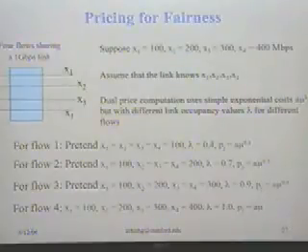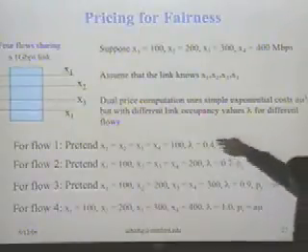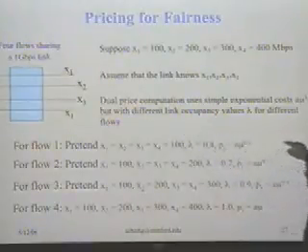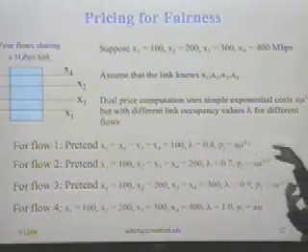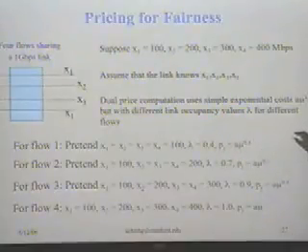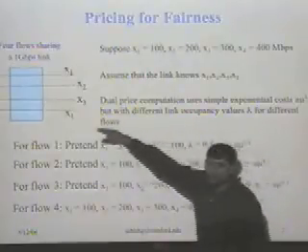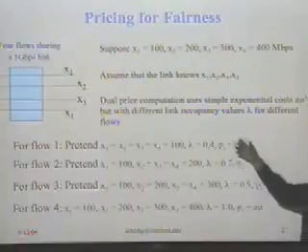Every link is still maintaining a dual price. You can still communicate this dual price to the primal agents. Right? So the way these distributed algorithms are envisaged in practice is that the source is sending some flow to the destination. As you're sending the flow to the destination, there's some field, the header field in the packet, like in the TCP packet. And on that field, you're adding up all the costs as you're going from the source to the destination, right? So that's exactly the same thing works now, except that this router or this link now has to maintain per flow state. So it has to know what everyone's cost is, right?